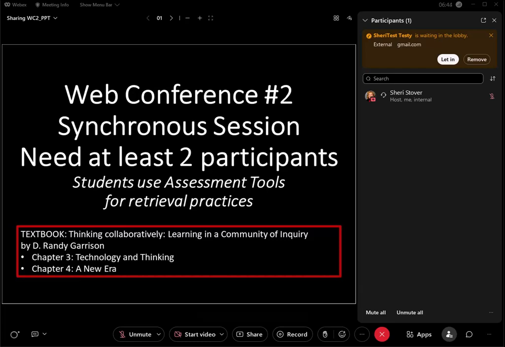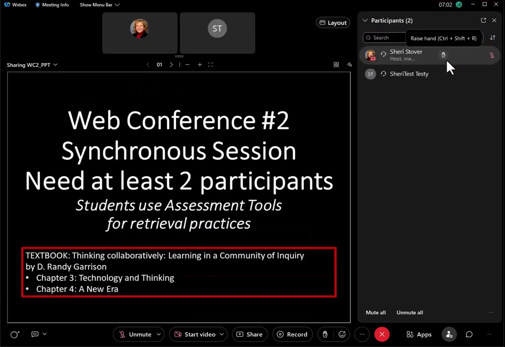Okay, after you get your session set up, you need to go in a little bit early and get it set up. And once it's set up, you will see that you had set this one up for students to wait in the lobby. And you'll get a notification here at the top. And we'll go ahead and click let in, and that allows the student to come in. Now, there should have been some things you should have done before the session started, but I needed to show you how to let that student in.